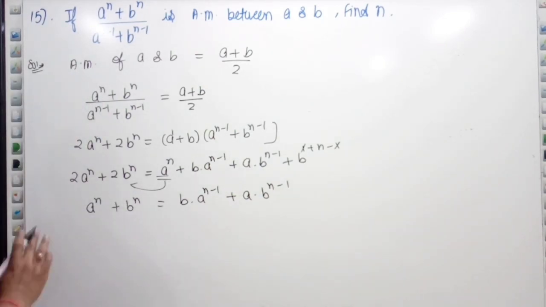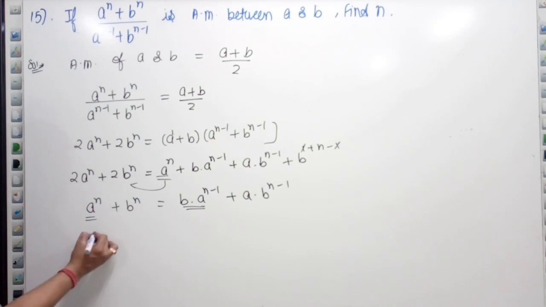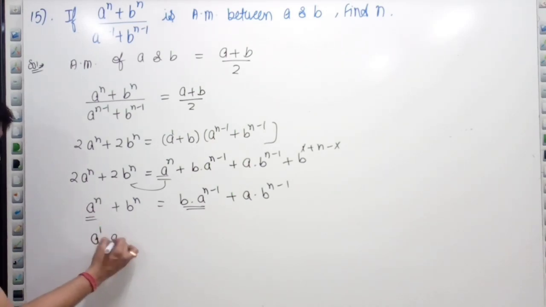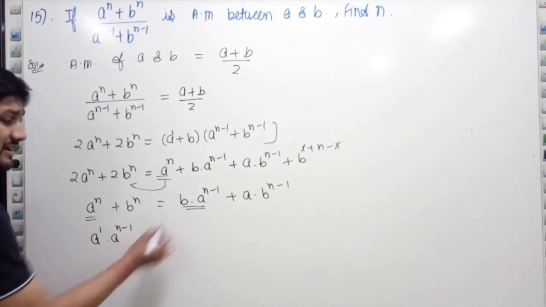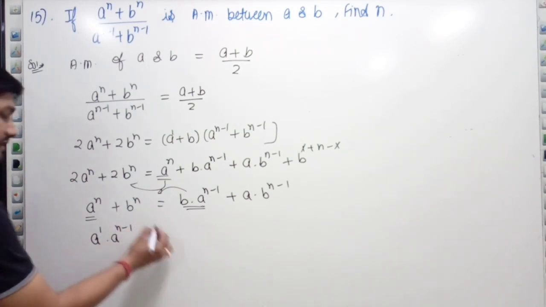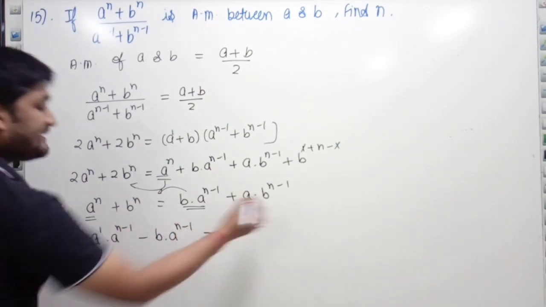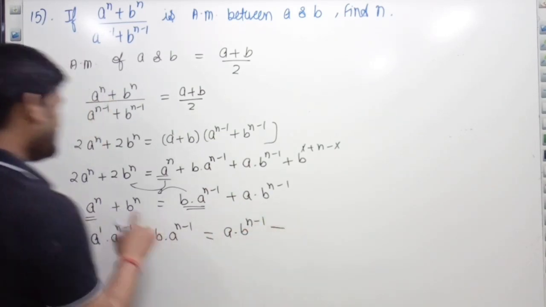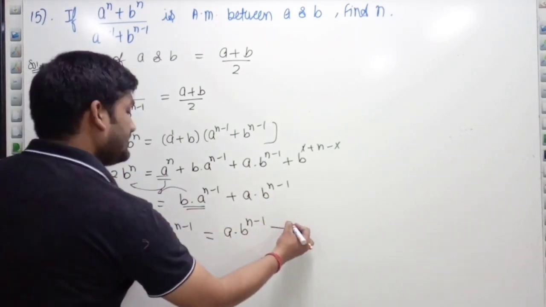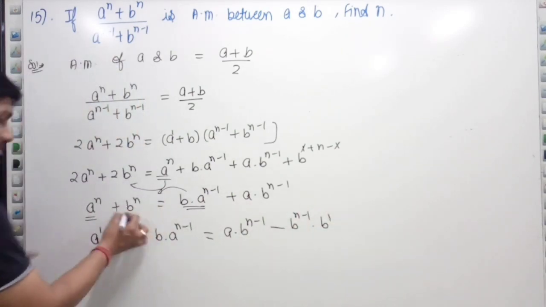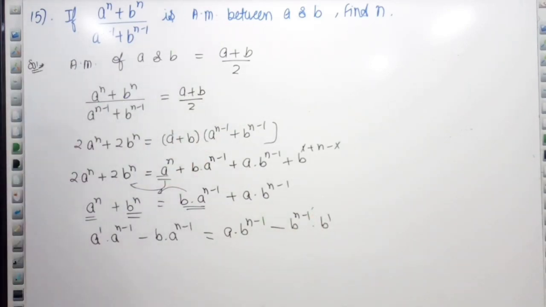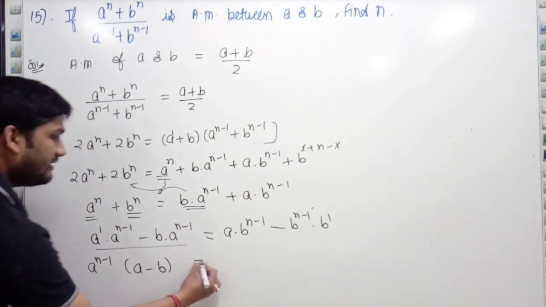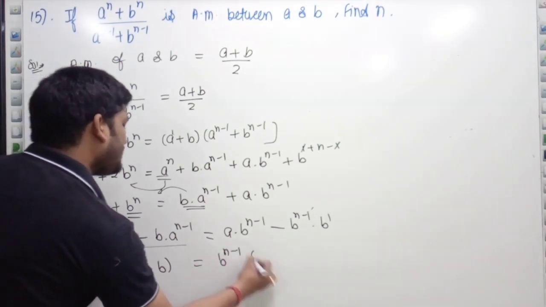Now what I am doing here, I am taking these two on the left hand side. A to the power n को मैं कैसा लिख रहा हूँ? Can I write a to the power n like this? And this term when I take on the left hand side, it will be with the negative sign. B into a to the power n minus 1. On the right hand side, a into b to the power n minus 1 minus this on the right hand side, this b to the power n minus 1 into b to the power 1. I have written b to the power n like this. है ना, प्रोडक्ट में पावर ऐड होती है तो कैंसिल हो जाएगा ना. ओके, नाउ what I can take common from these two, a to the power n minus 1, what is left? A minus b. Right hand side, b to the power n minus 1, what is left? A minus b.